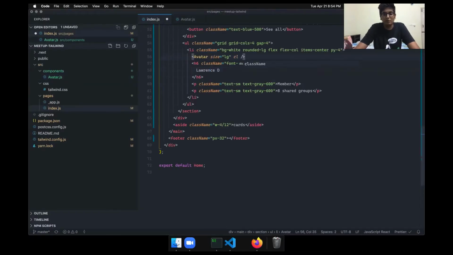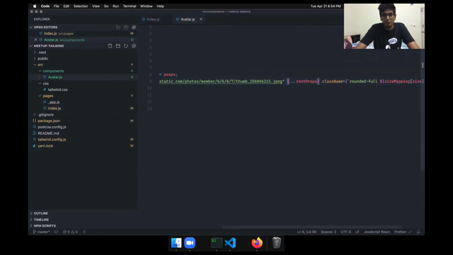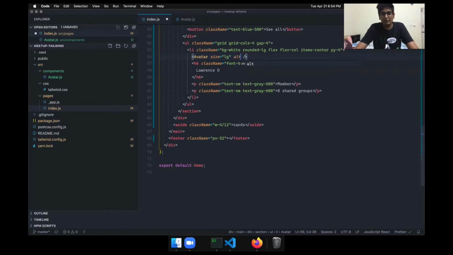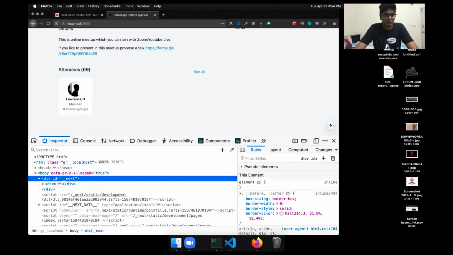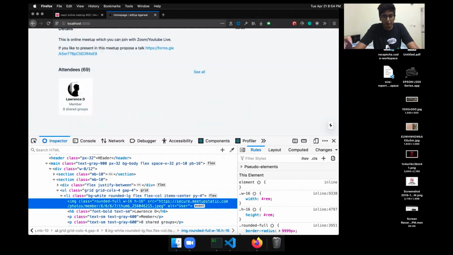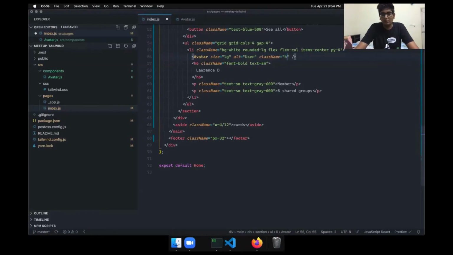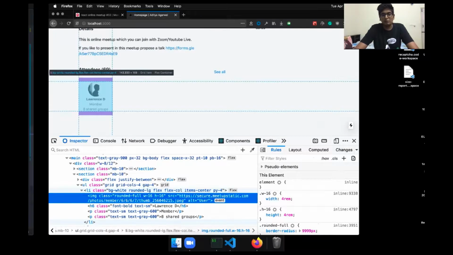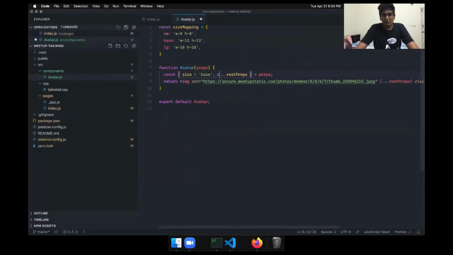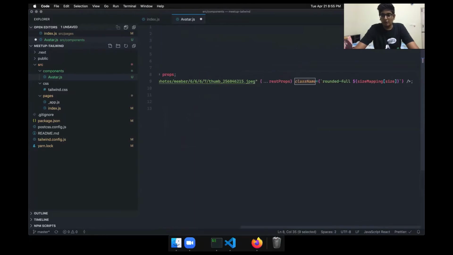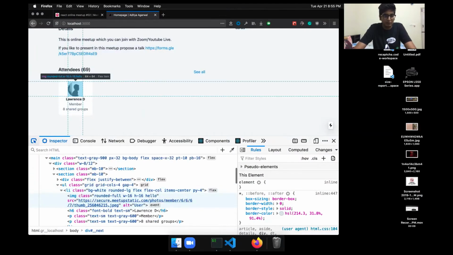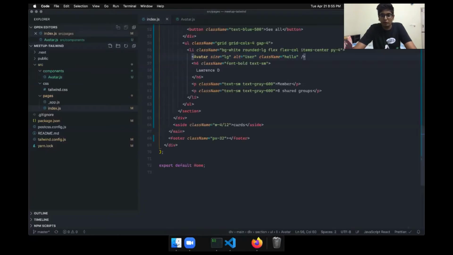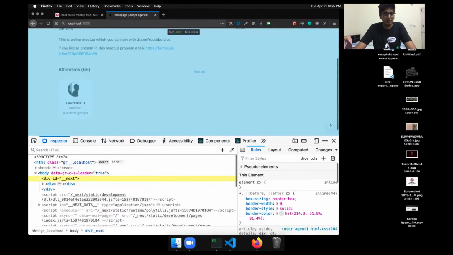Oh right. Actually, we want these classes to be there. But if they pass the alt tag equals to user, then the alt should appear here. And if they pass a class name, then that class name should appear, but it should not override these classes. So what we can do is abstract the class name thing and merge it with our class name. So this will be here, and then this class name will be here. Now I see there's a hello class appearing, so instead of hello, what we want is margin bottom. So let's do this. Cool.